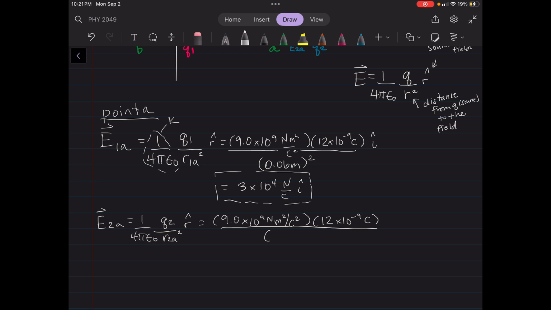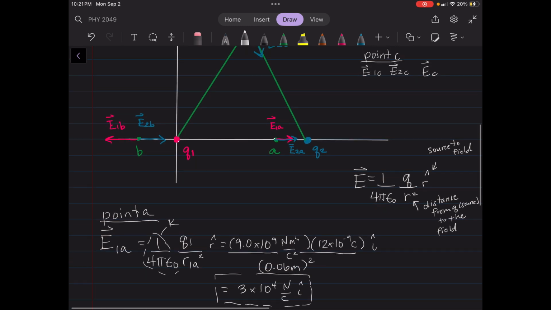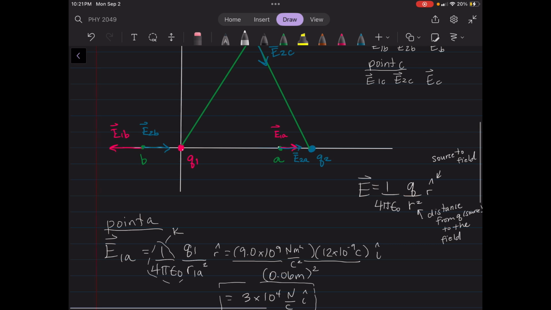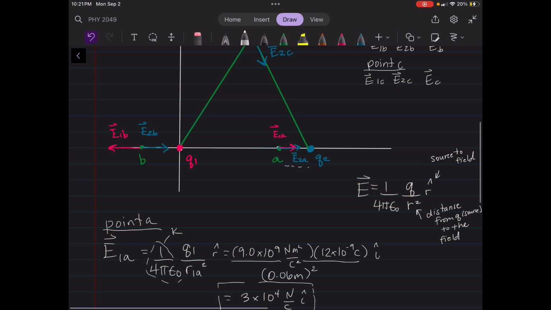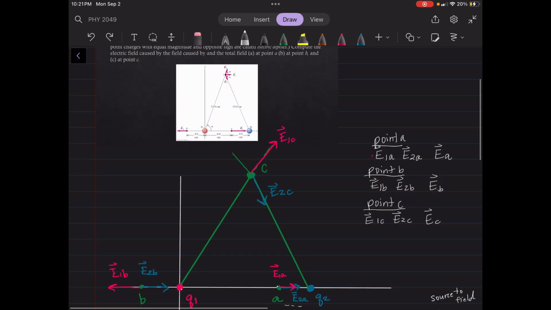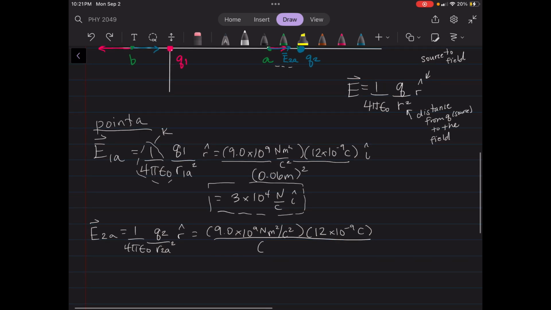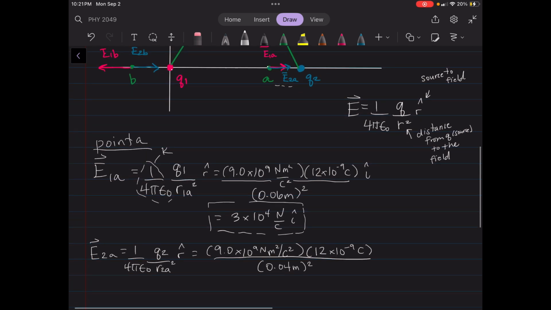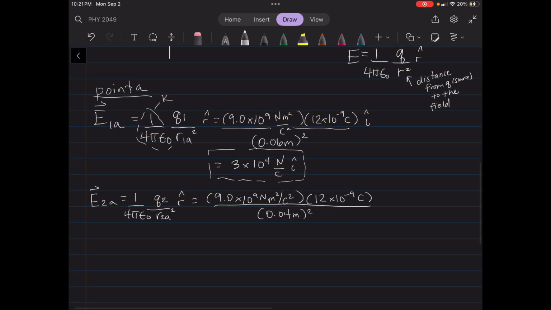So what's my R2A? What's my distance from Q2 to point A? It's that little distance right here, okay, which in my picture is 4 centimeters. And what's the direction of E2A? It's also to the right. It's a positive I hat. Okay, so that's going to give me a numerical value of